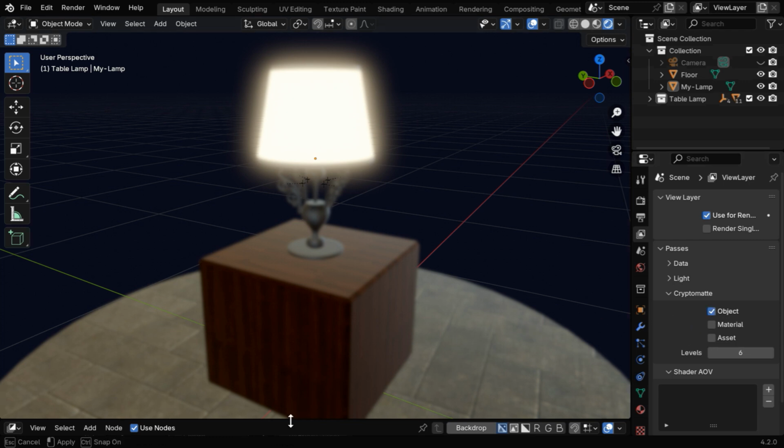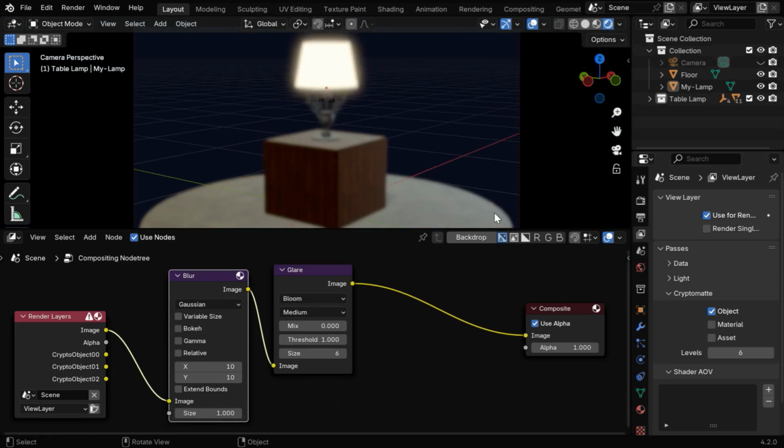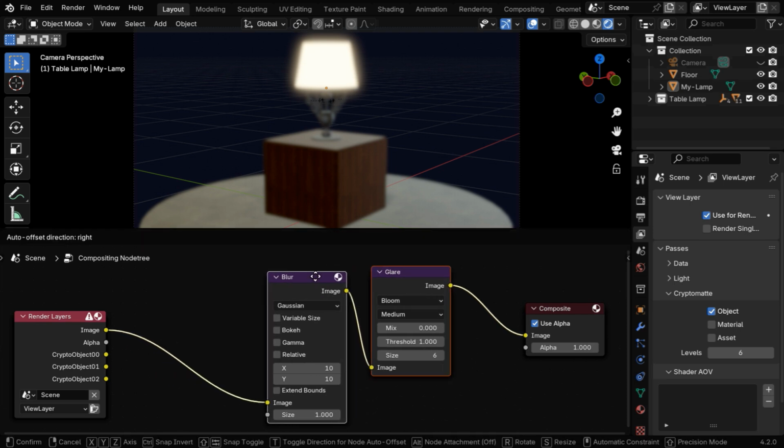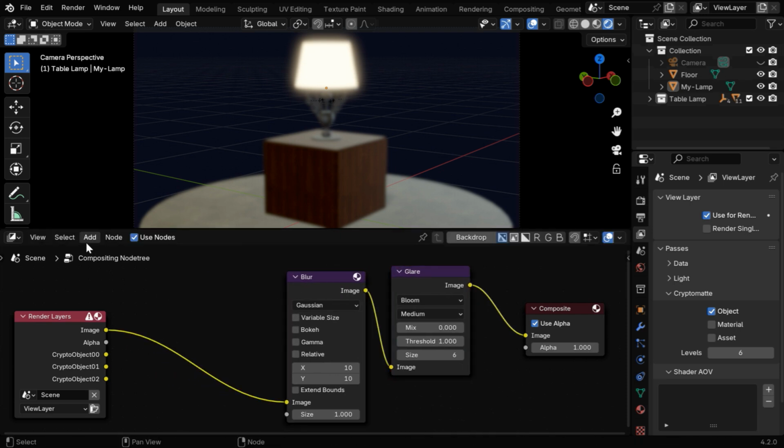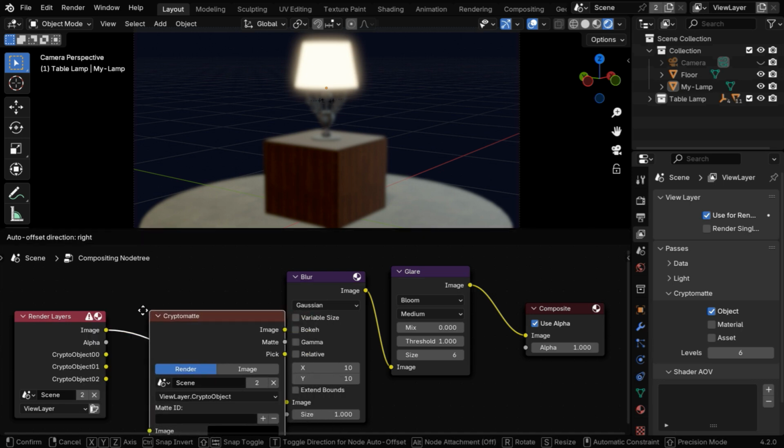Then we'll again go back to our nodes setup in the Compositor. We need to separate out the target object for the blur, so between these two nodes, we have to add some kind of mask to filter it out. So let's again go to the Add menu, and from Mask, we'll add a node called Cryptomatte, and place it